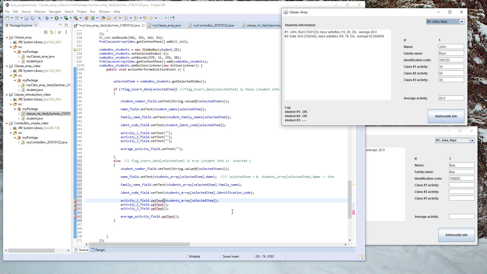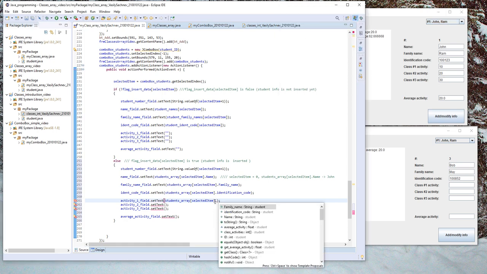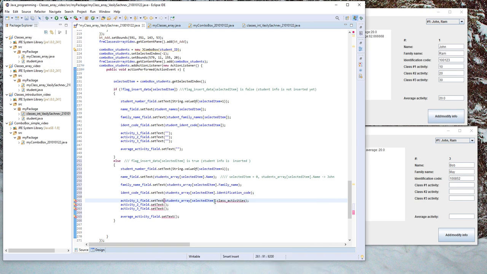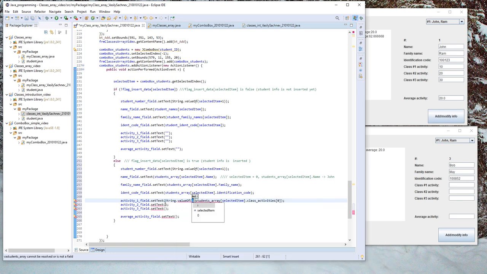It is inside of our class. So that's why I can get it. So dot, this is our class activity, position 0. So again, it doesn't work because we need to process string value of integer,